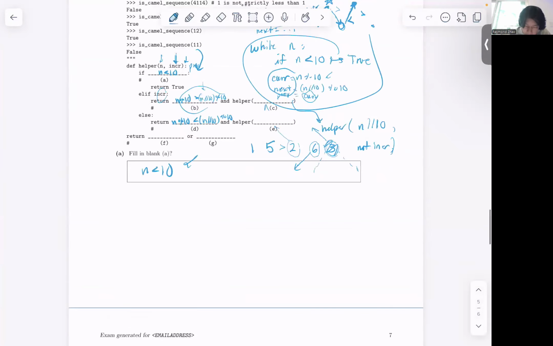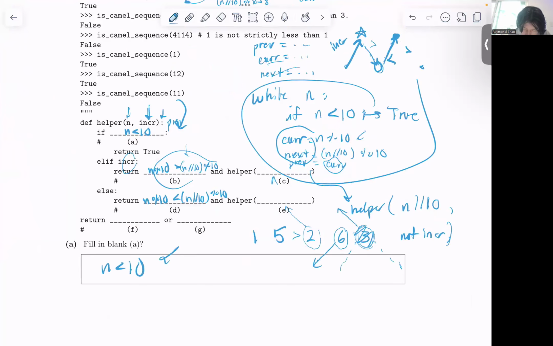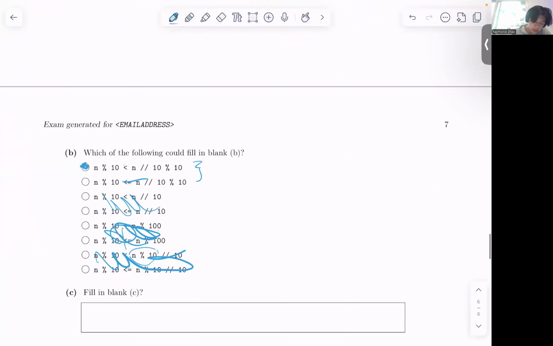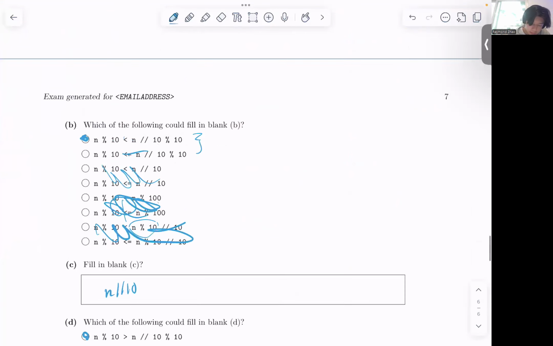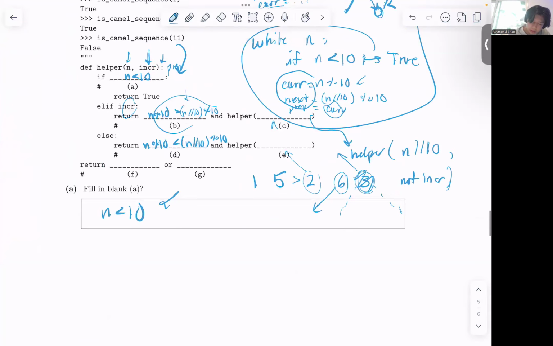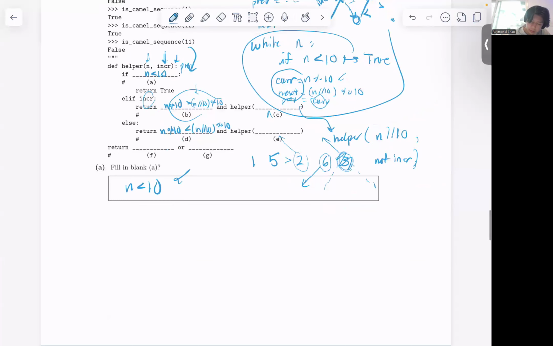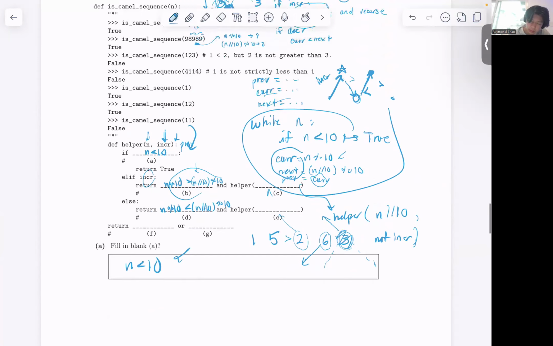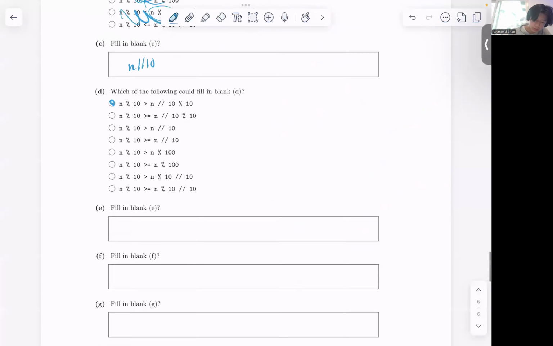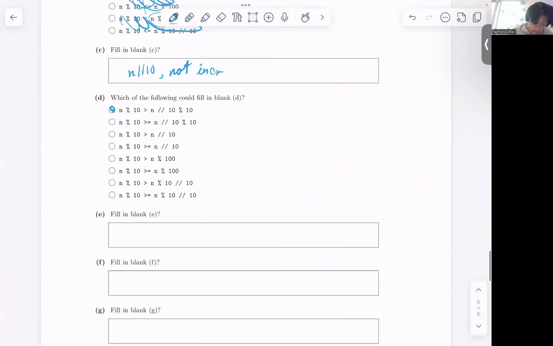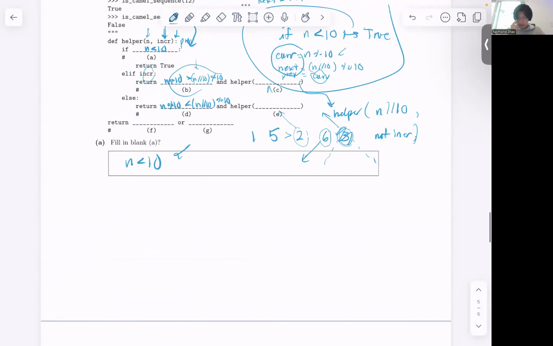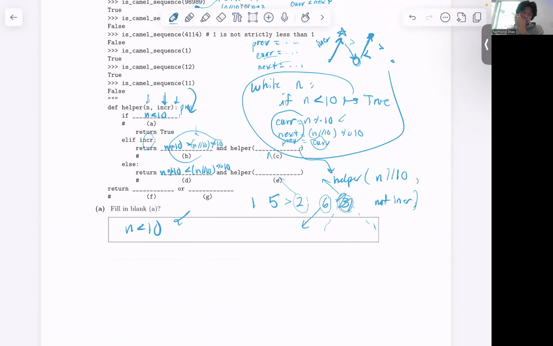So C is going to be, so both of these, we're just going to cut down 1 number. This is C, comma, not increase. And this is going to be, oh, they're the same. Yeah, because this is a condition that, oh,